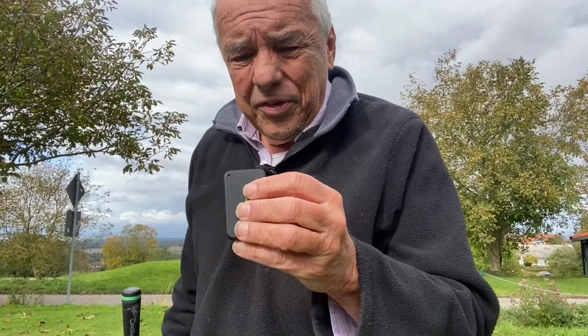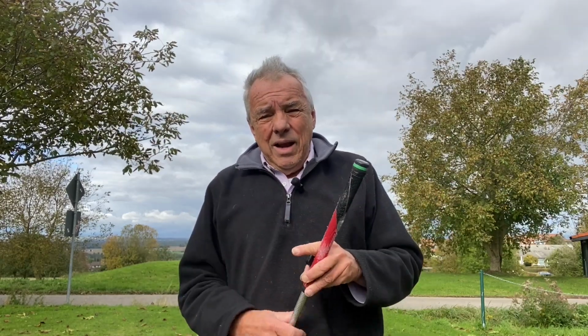This device also has a microphone, and it hears when you actually hit a club. And because the app knows which club you hit because of these tags, you can see afterwards, and I'll show you what this looks like, which club you used and how far you